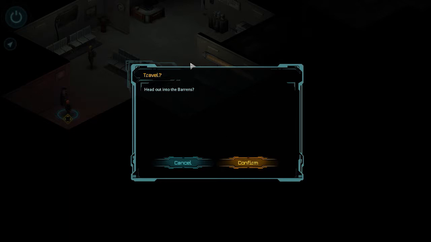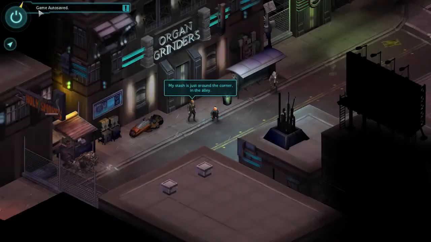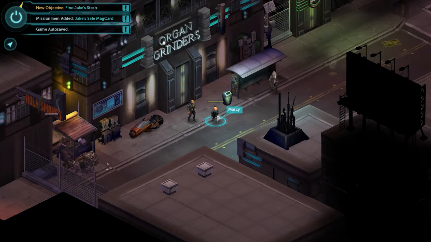Magic's come back. What we're going to do here is we're going to travel into the Barrens, as it says. This effectively ends this mission, and we'll save the game. The game saves at the beginning or end of each mission. So when I click continue, it should pop up here, game auto-saved. And I have to go and find